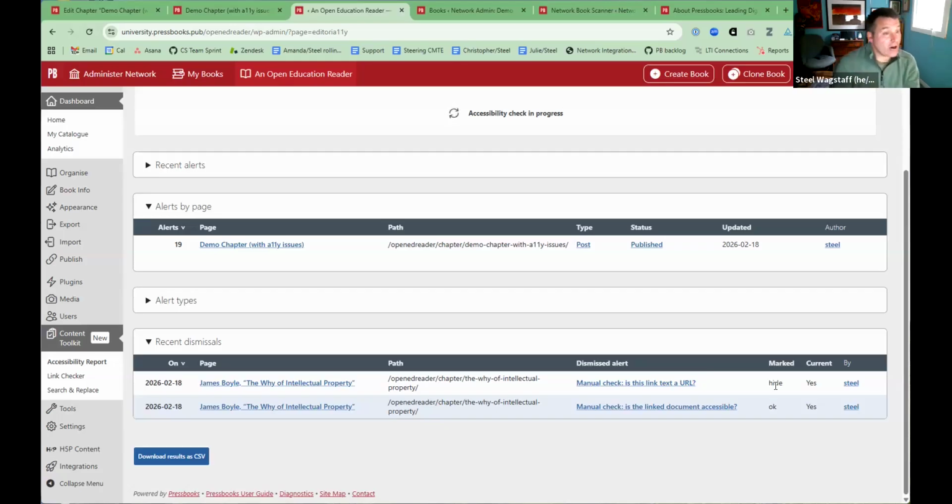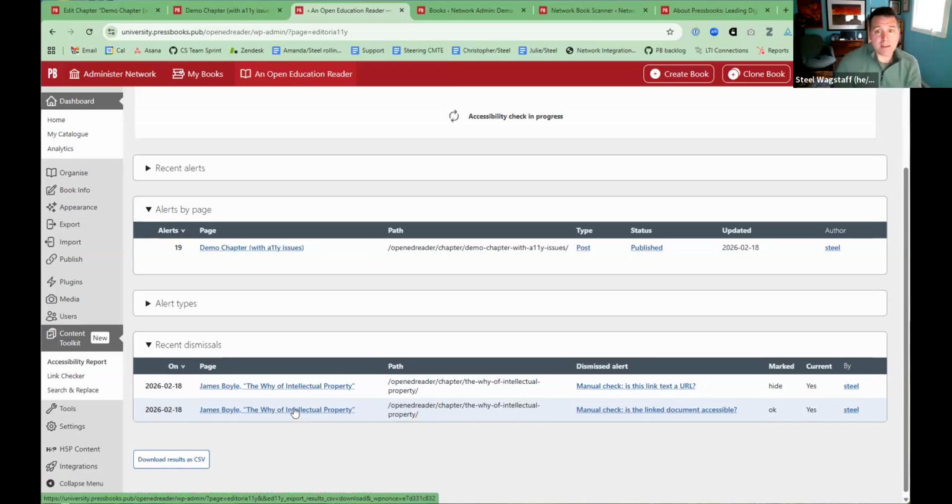The great part about this also is the whole report can be downloaded as a CSV. This page and this report will be active as long as you have the Content Toolkit on. If you decide you're going to turn the Content Toolkit off or you don't want it on your network, you have the ability to download these results and save the report, even if this page goes away. We really, really, really think you should keep it. This is a useful tool, and anybody who's publishing content, we hope that you include this, but we know that it's up to you and your authors whether you want this feature on your network, so make that choice accordingly.